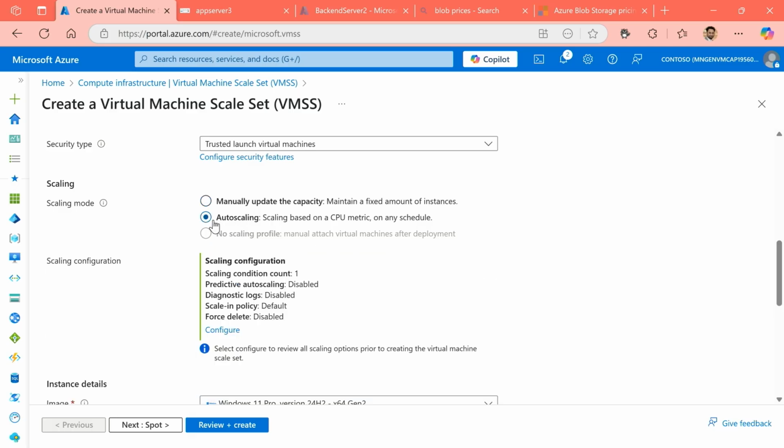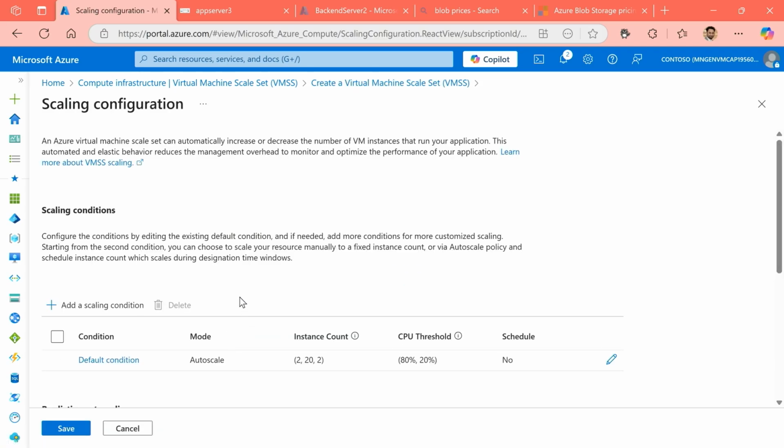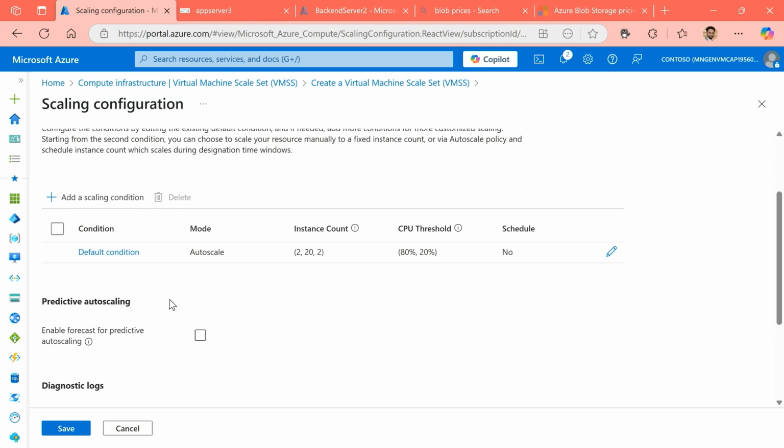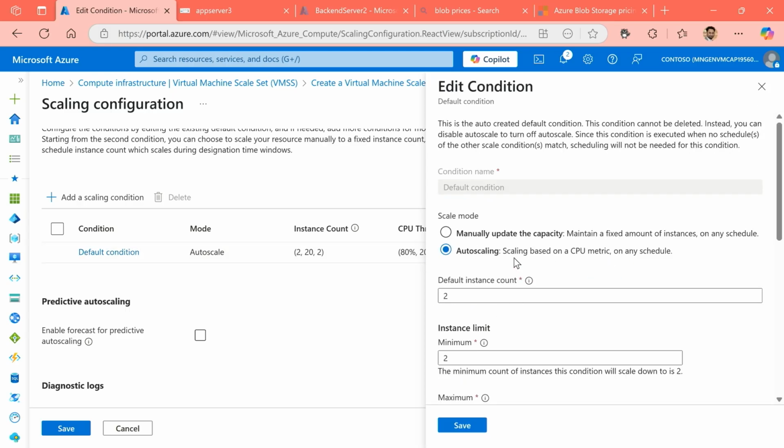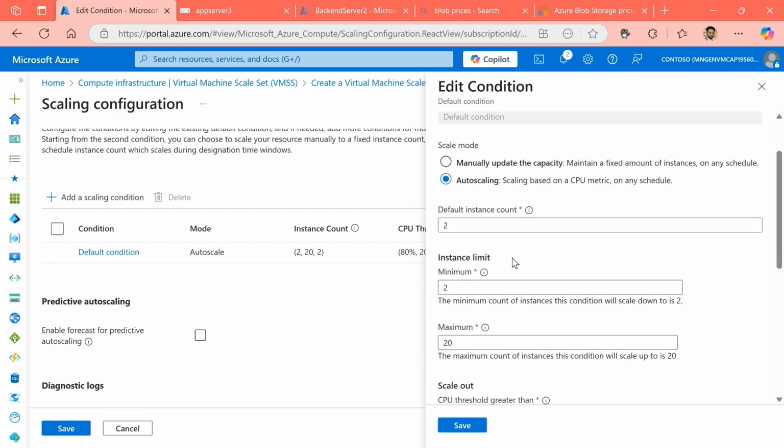Now, if I was to do auto scaling, what we can do is configure some details around the auto scaling in terms of defining how it should auto scale. Again, this is where we can go into defining different solutions of what is my minimum level of auto scale. Should it start with one machine running all the time and then scale up with 1 increments or 2 increments or 3 increments? I could have up to 1,000 machines in a virtual machine scale set, so I can plan that in here as part of my setup.